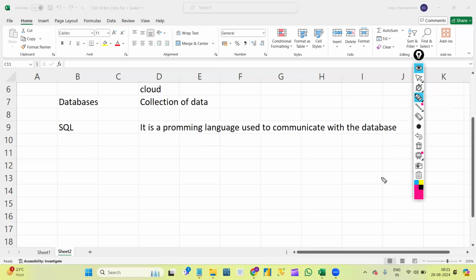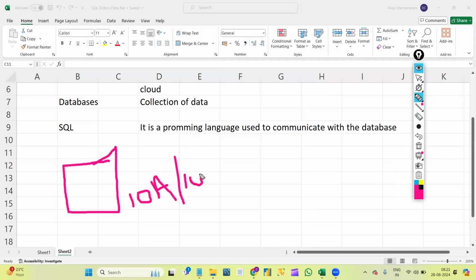Okay, so let's take an example of any college or school. Let's imagine a school, and in that school we are talking about the 10th class. We have two sections, maybe 10th A and 10th B. In that school, they maintain one register in every class.